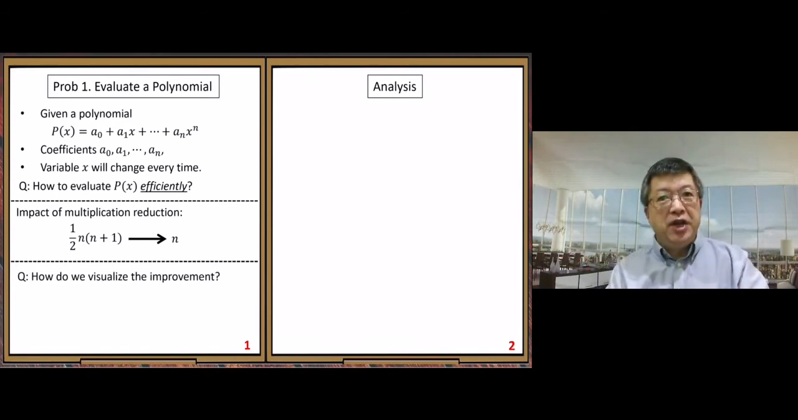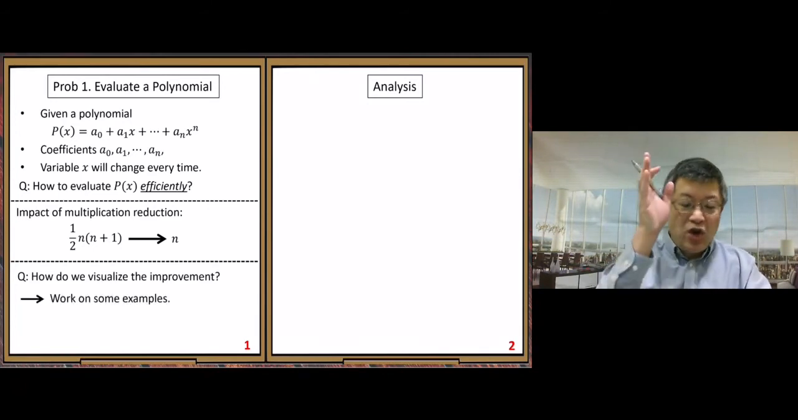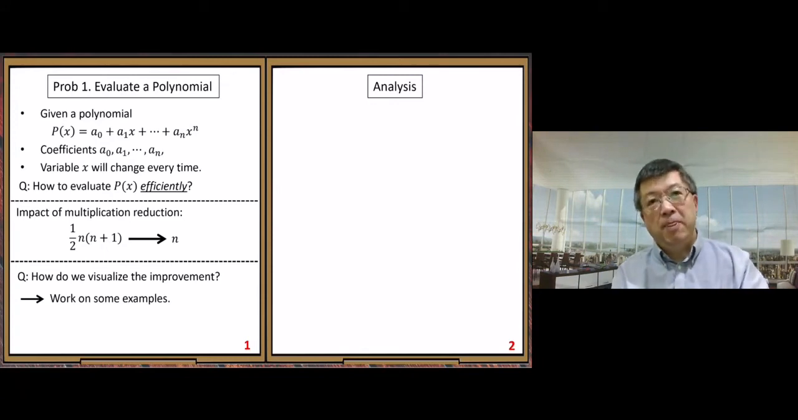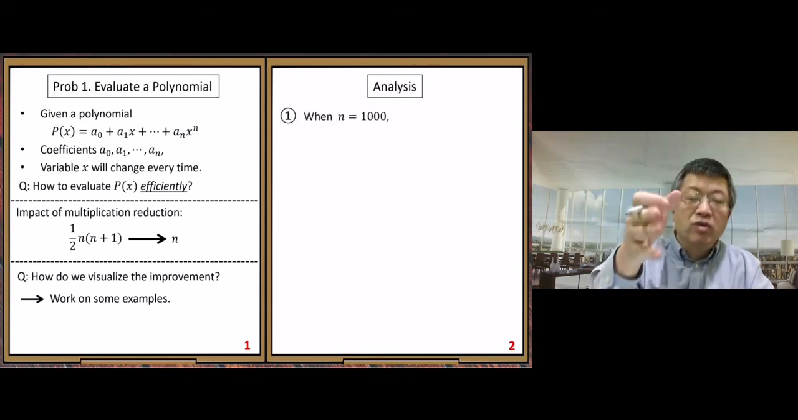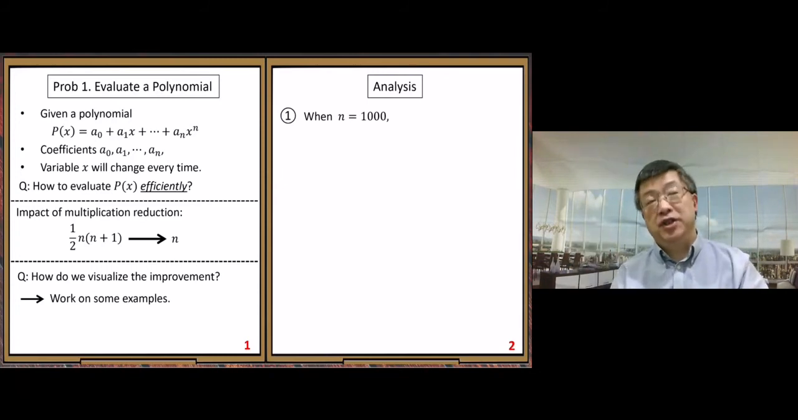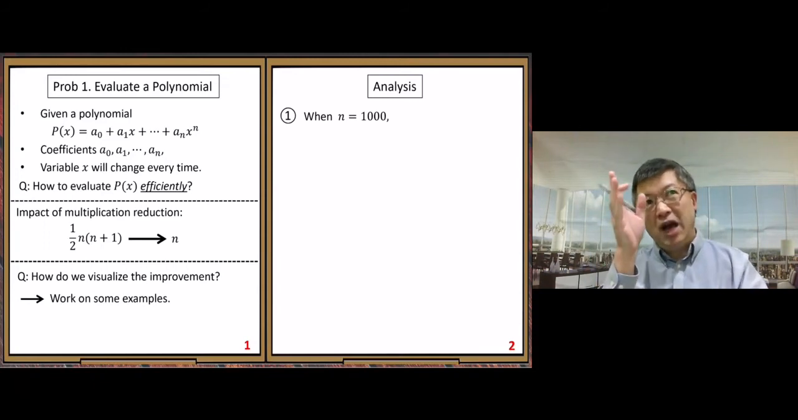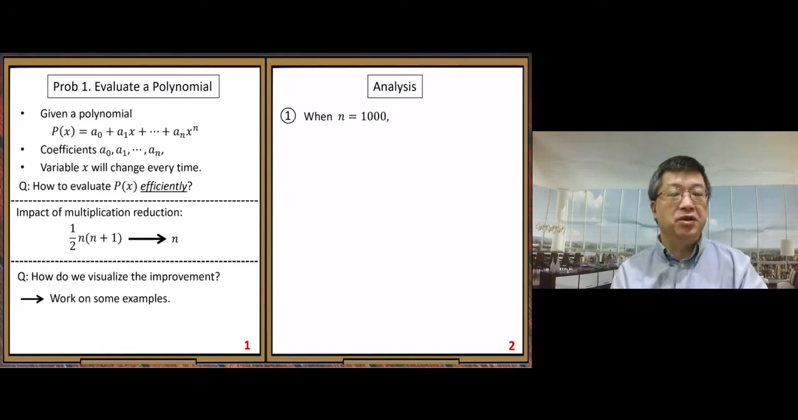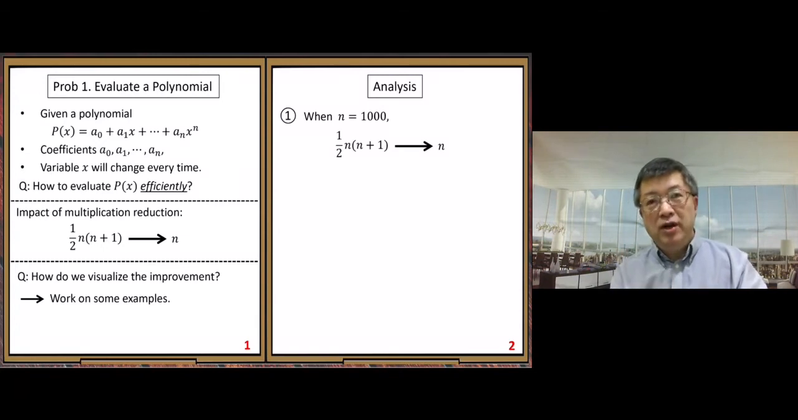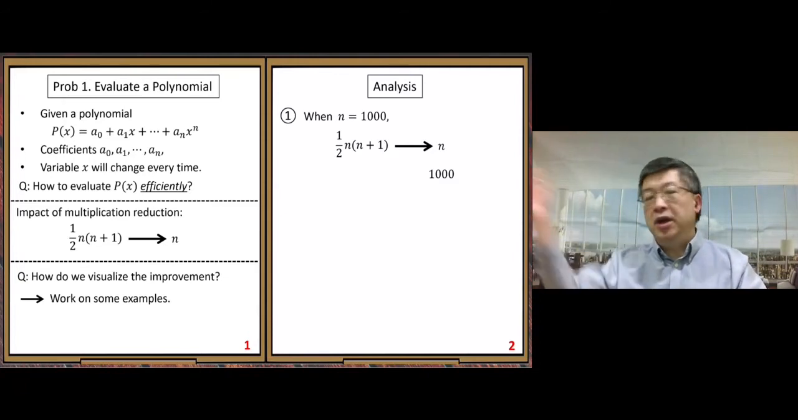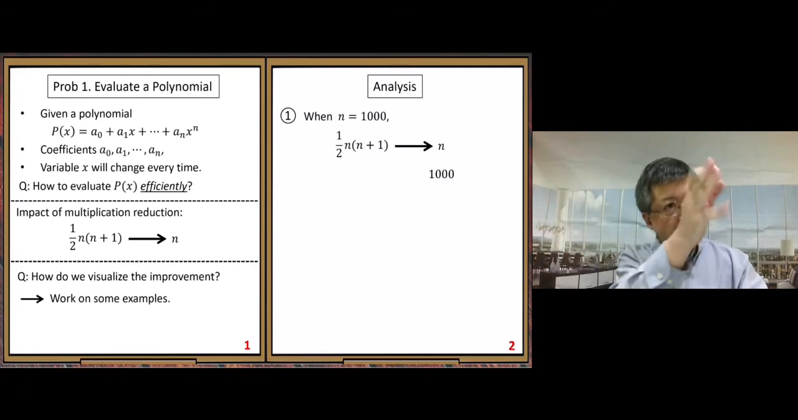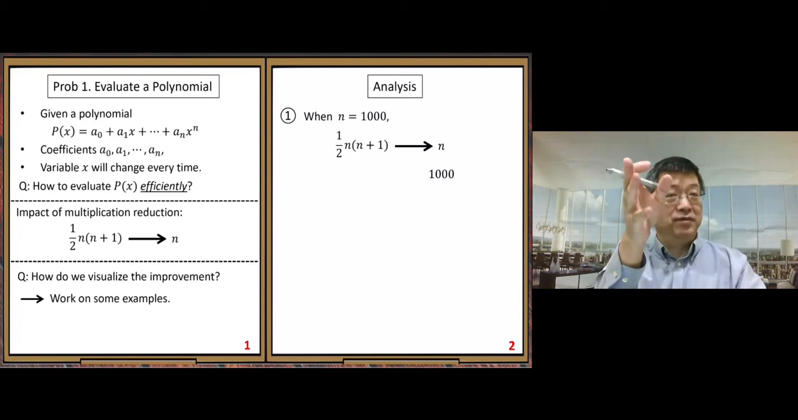To do that visualization, let's try some simple examples. The first one, when n equals 1,000. A degree 1,000 polynomial, which is possible. Let's look at how many multiplications we need. We only look at the multiplications. Based on this formula, using Horner's rule, we need 1,000 multiplications. Using the brute force method,